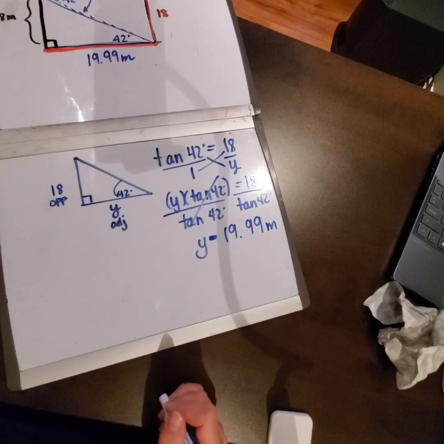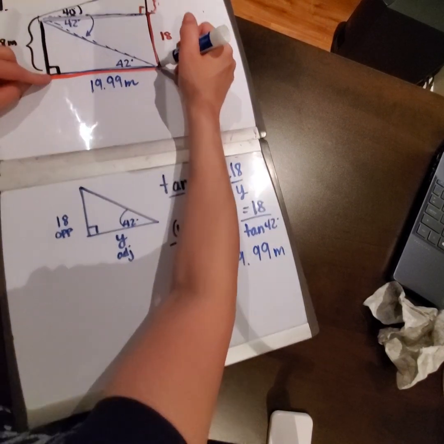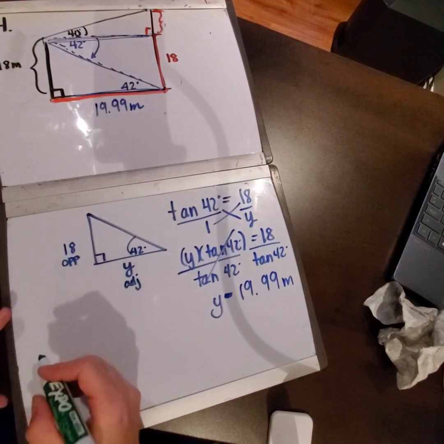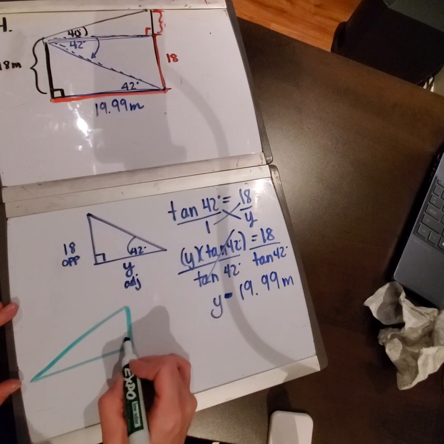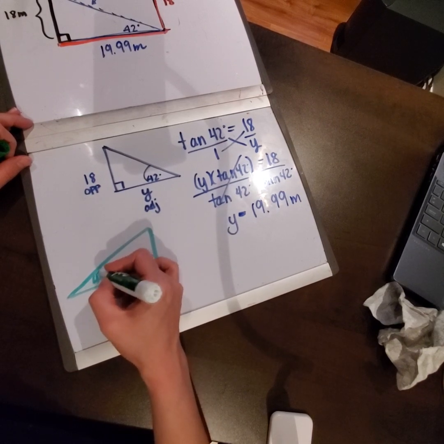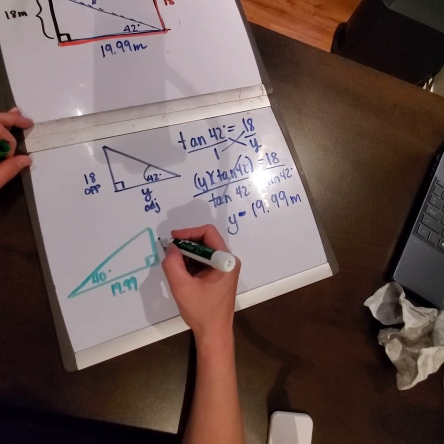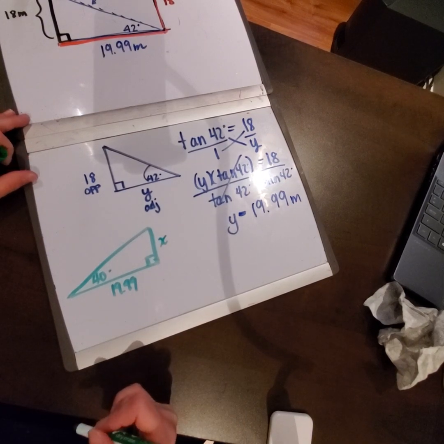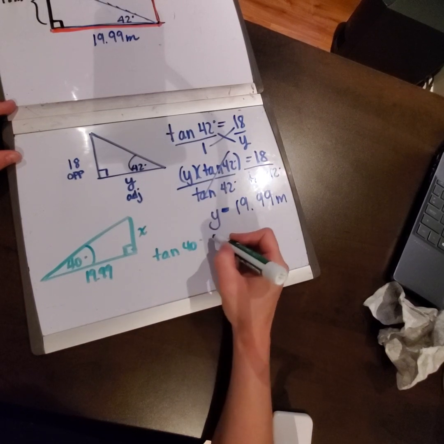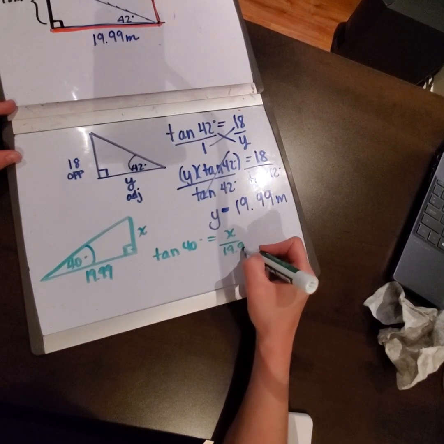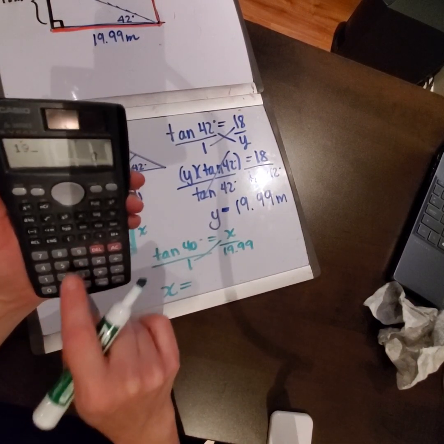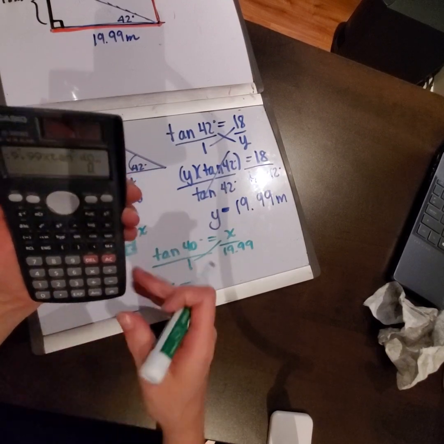Now, if the distance from here to here is 19.99, then the distance from here to here has to be 19.99 also. So now if we look at the top half of that picture, this is 19.99. This is 40 degrees. I need to figure out this, which I'm going to call x. Again, using SOHCAHTOA, the tangent of 40 degrees is equal to x over 19.99, which means x is 19.99 times the tangent of 40,